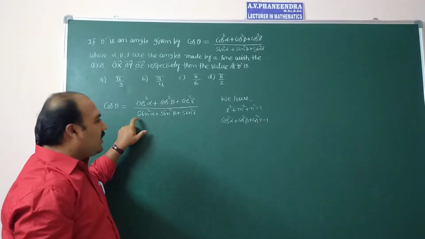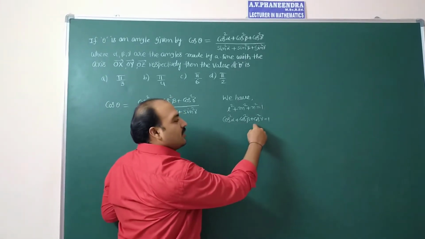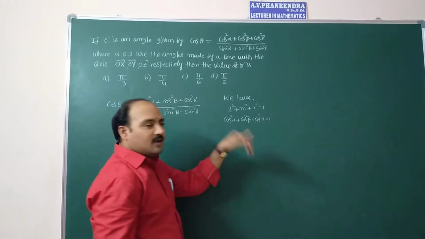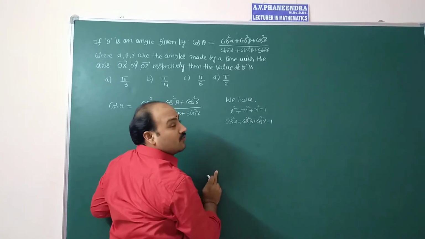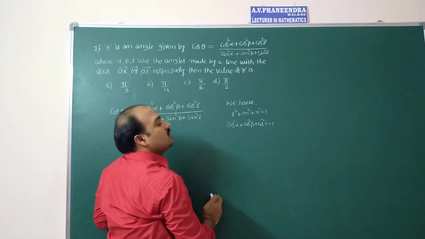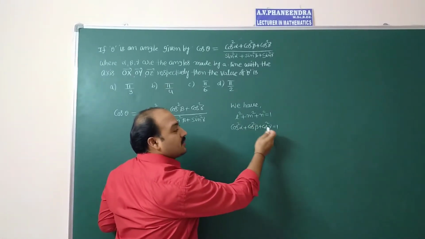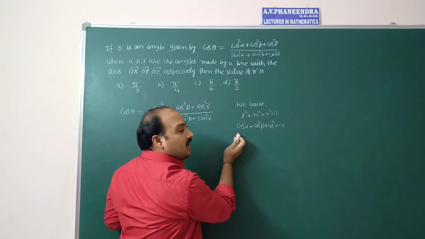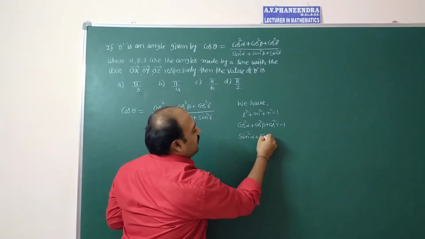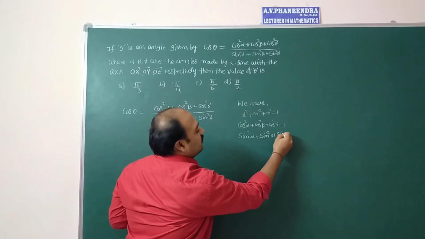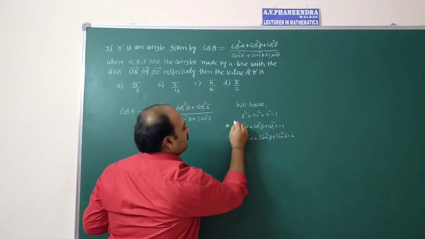But in the denominator, if you observe in this question, there are sine terms. Wherever cos square alpha, cos square beta, cos square gamma appear, in terms of sine you have to write 1 minus sin square alpha plus 1 minus sin square beta plus 1 minus sin square gamma is equal to 1. So 1 plus 1 plus 1 is 3, minus the sum of sin square alpha plus sin square beta plus sin square gamma, which we can take to the other side. So 3 here, 1 we take to this side. Ultimately we get sin square alpha plus sin square beta plus sin square gamma is equal to 2.